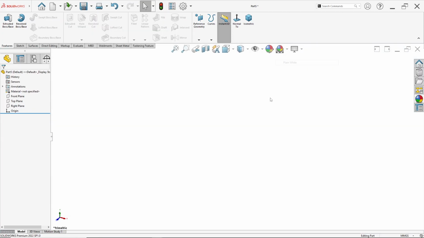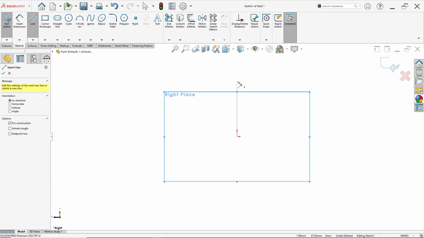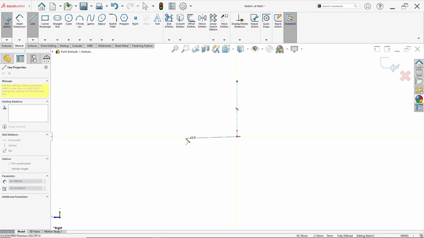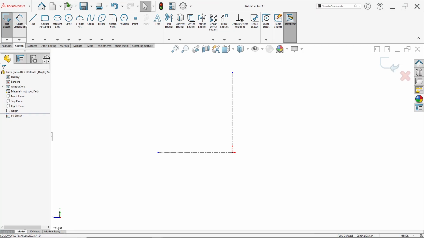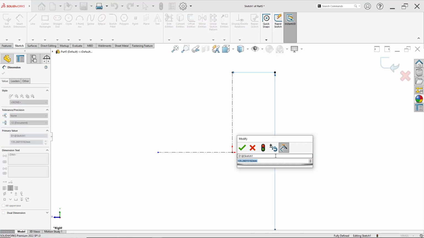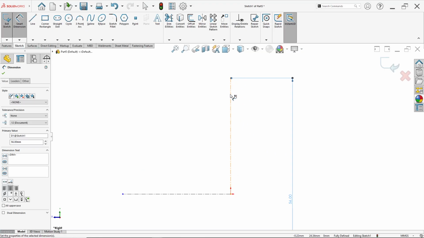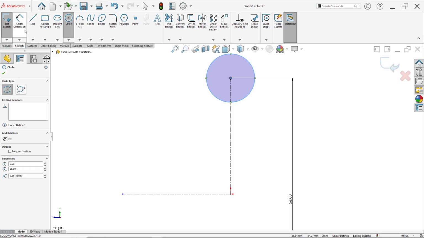For the background we can change to plain white. So we make a sketch like this, just on the right plane. Click sketch, click on center line, draw from here to this point to this, like this. We can see here the outer diameter is 56. So from this point to this center line the diameter is 56 millimeter, like this. And now we draw a circle from this point, diameter 14